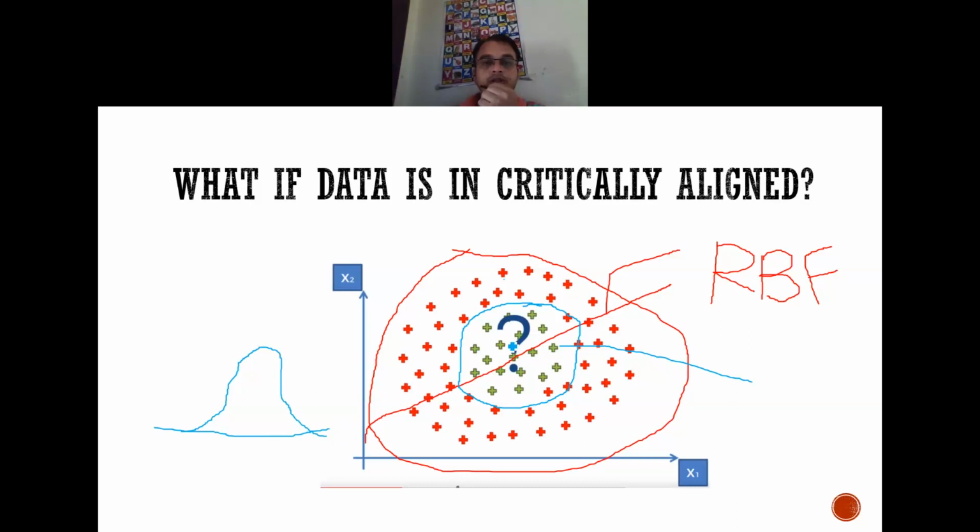So all these green color points will be mapped over here, and all the red color points will be mapped over here. So this will be my radial basis function. This is an alternative approach, advanced over SVM, if you have the data pattern in a circular fashion.